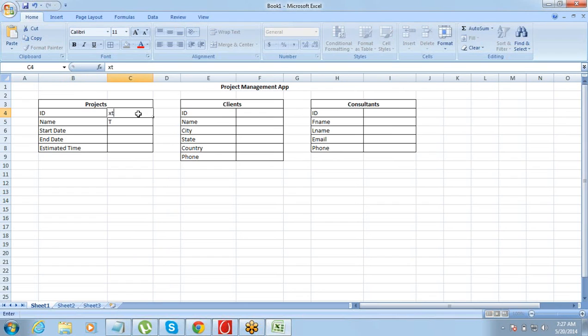Like this should be text, this should be a date field, and this should be number. This way it will be helpful for you. You don't have to worry a lot while creating it, okay? And you can then easily start creating the things on your own instance, right?